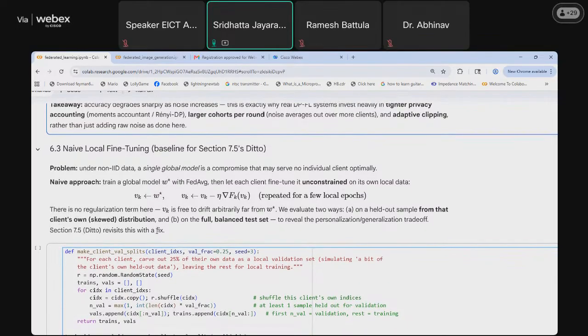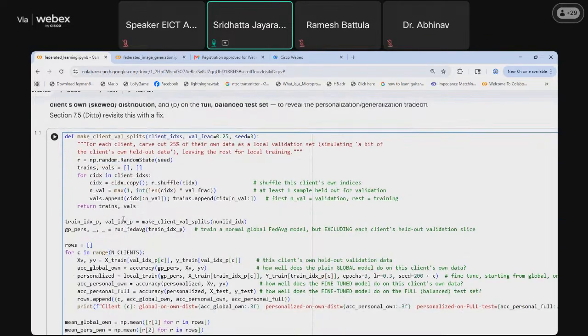So here it improves personalization, but the hit it takes is that the client models would be drifting away from the server model. Because of that, the difference between the client and the server performance would be higher, and the client's skewed distribution would also have an impact.